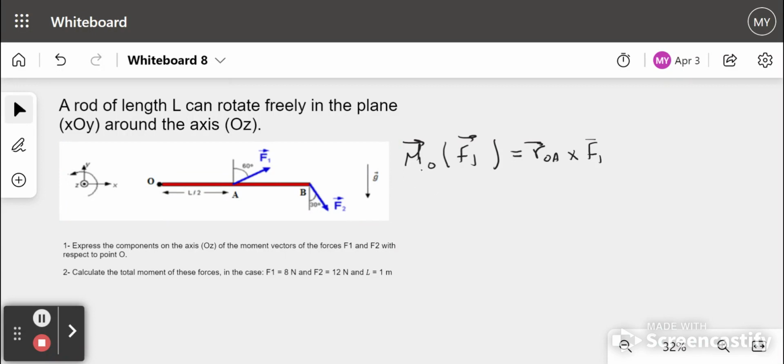So moment, as you see here, at point O for force F1 is equal to the distance R OA. Why ROA? Because you can see here we are doing moment at point O, and then at point O for force F1 is equal to distance ROA times F1. So we can see here that distance ROA is actually the distance between F1 and point O, where we are doing our moment. So that's how you represent moment, because moment is actually a rotational force, and so